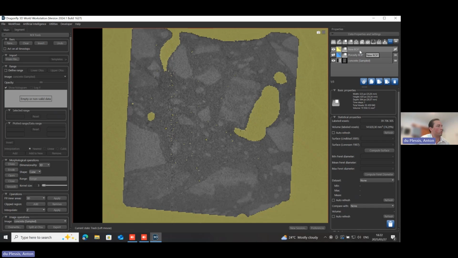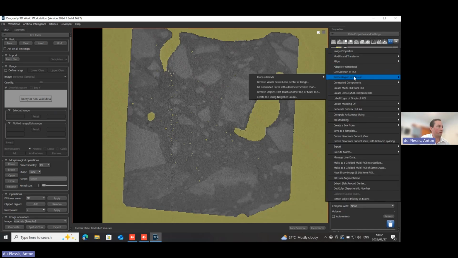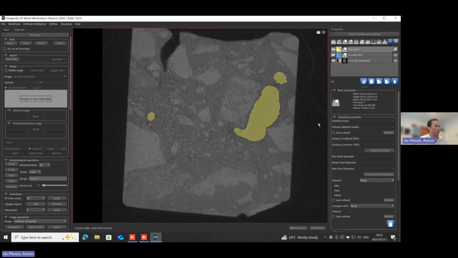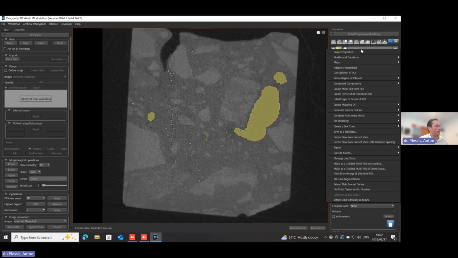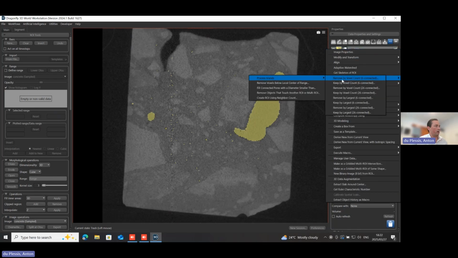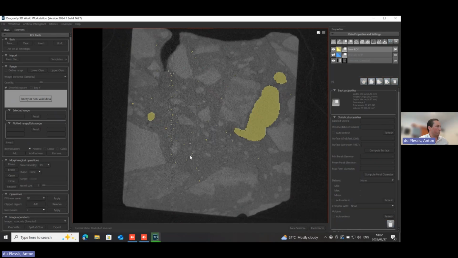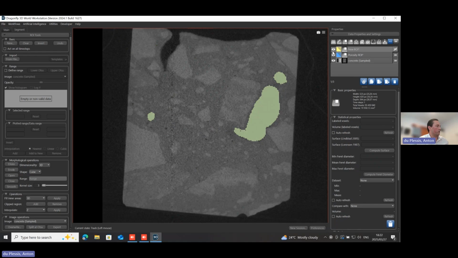So the way to do that manually is to right-click and refine. We've been here before at Process Islands, but this time we're going to do something called remove by largest. So the outside air is the one largest island. So this is one way to use this. So you can remove all the exterior air like that. And if we do again the same thing with refine and remove by voxel count 27, this is the same as we have done before. Now we have identical regions of interest. Then this is exactly what the automated porosity does actually, but we've just done it manually.